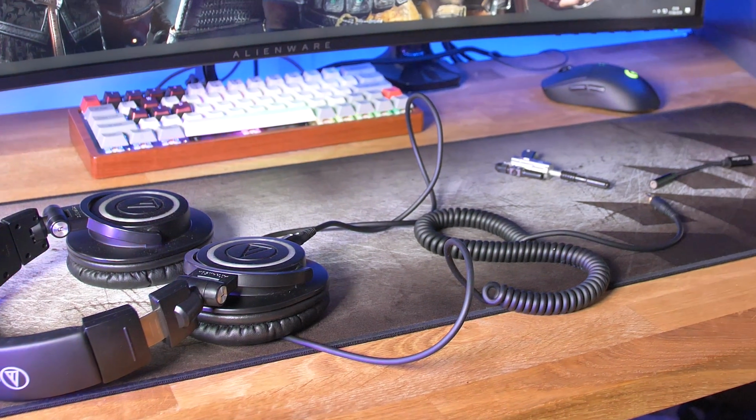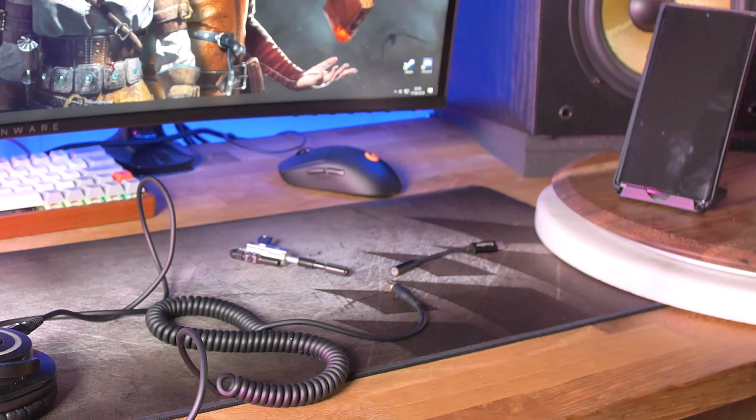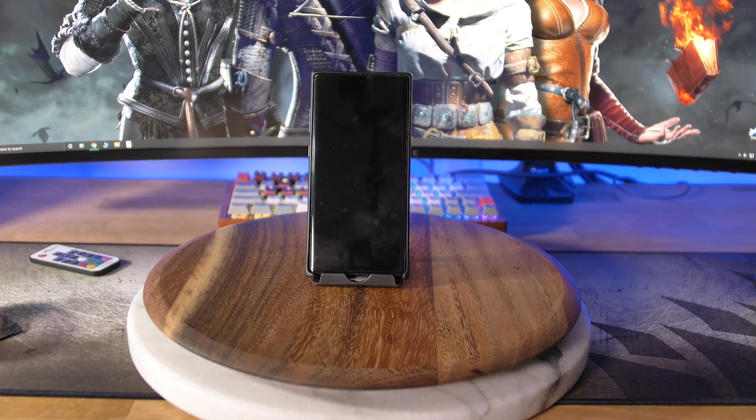Now, some flaws. The fingerprint scanner. Now, it is a bit hit and miss. Sometimes it's super instant, and sometimes it just takes that half a second longer, a third of a second longer. That just doesn't give you that snappy response that you're looking for, especially when you've been used to mechanical fingerprint sensors, where as soon as you touch, it unlocks, touch, unlock, touch, unlock. Now it's more like touch, unlock, touch, unlock. And I know some other phones have better optics. Hopefully Samsung will either improve the firmware on this ultrasonic version or adopt the optical version like the one in